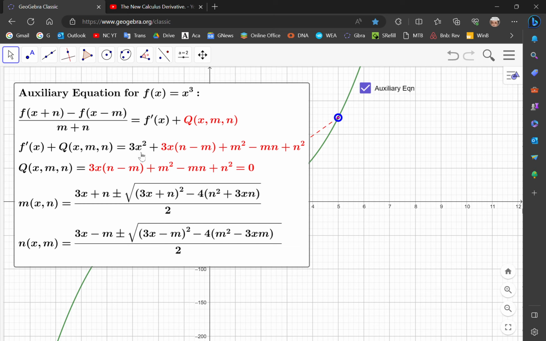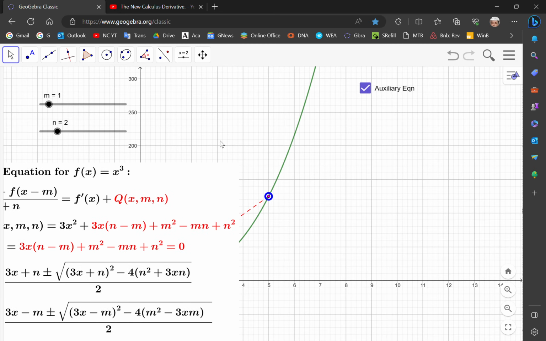We know automatically that the terms in x are the derivative, which is 3x squared, and that the red font is the auxiliary equation. And of course, we can form two equations to find m or n depending on the other. Now in this scenario here, we're always given x, and we can choose either n or m to find the other, right? So getting rid of this,